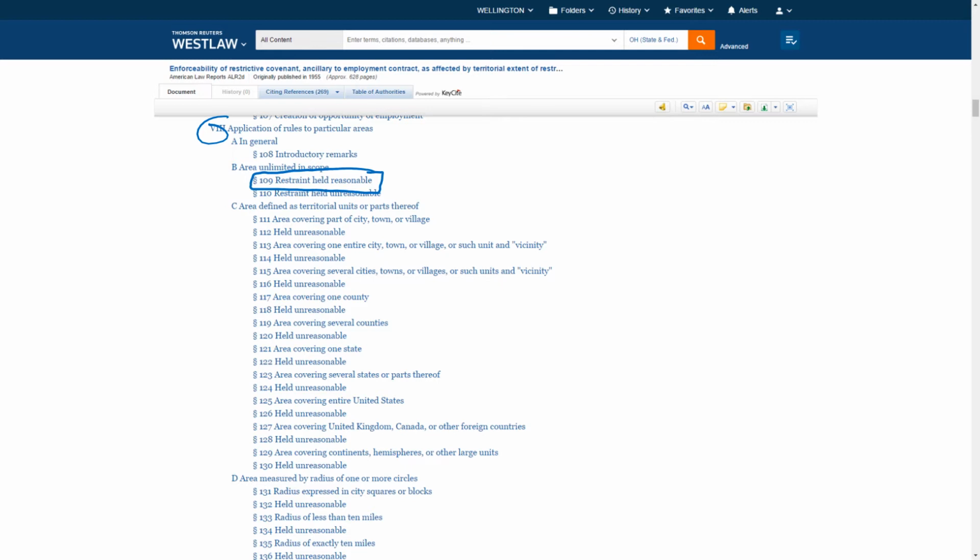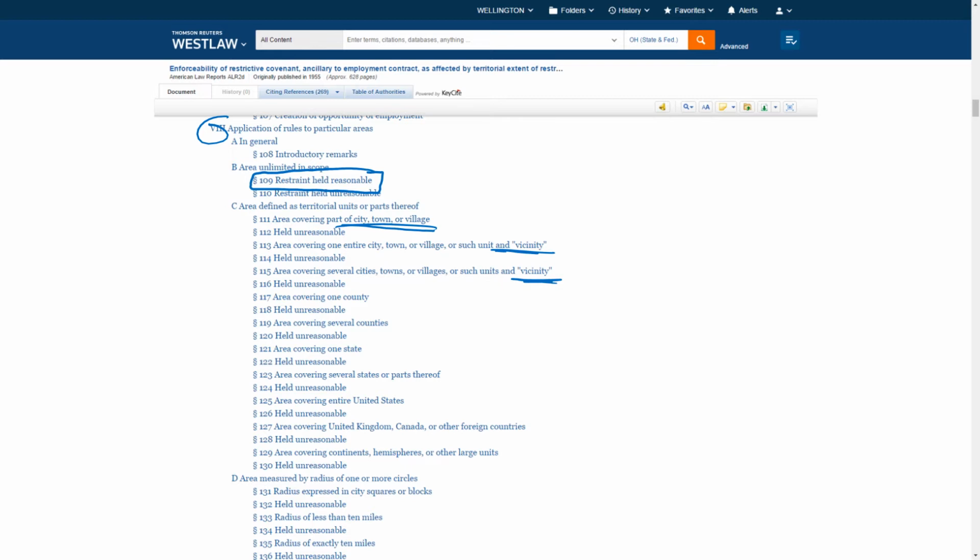Maybe there are different things in the problem that we're looking at. Maybe part of a city, town, or village. Maybe an entire city and the vicinity. What does that word even mean? Vicinity, in quotes. Hey, these cases are going to be relevant because they will interpret a particular clause, like maybe